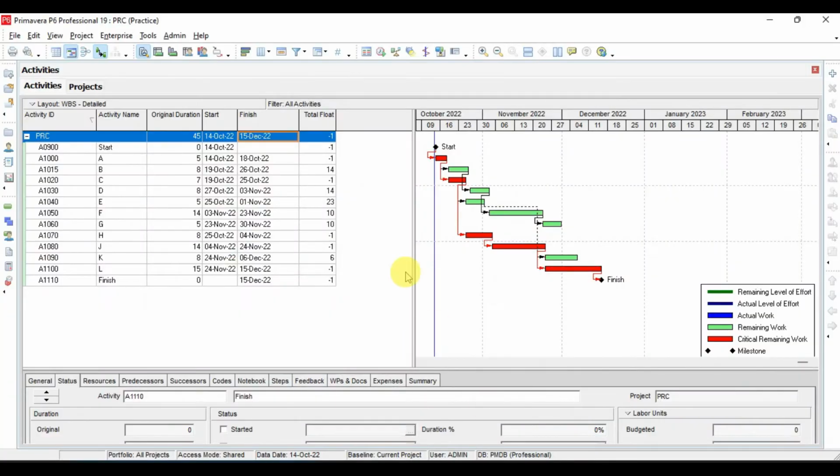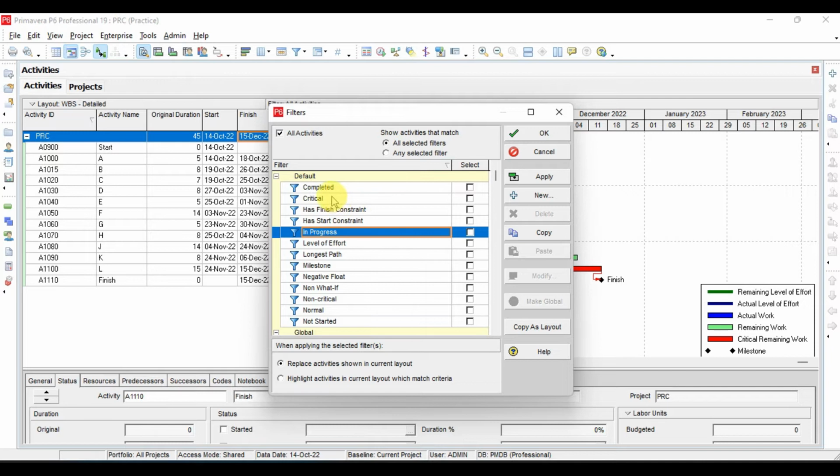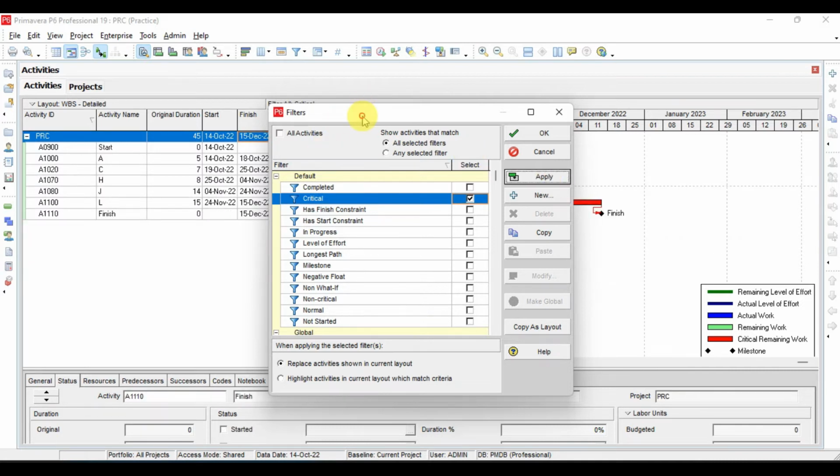We see here in Primavera, by clicking filter, if I want to summarize all the activities which are in the critical path, I'll click this check mark. Here we have "replace the activity shown in the current layout." So what it will do, by selecting this option and clicking apply, it will show you only the activities